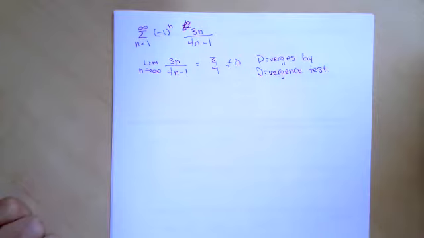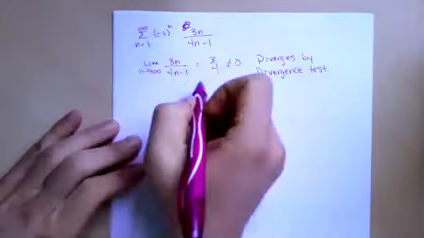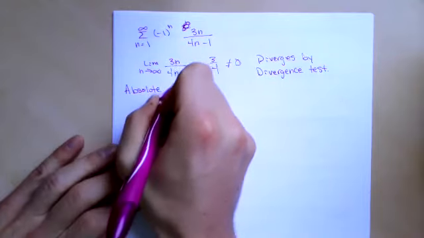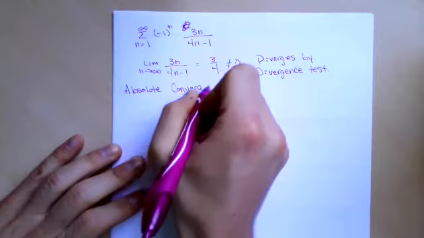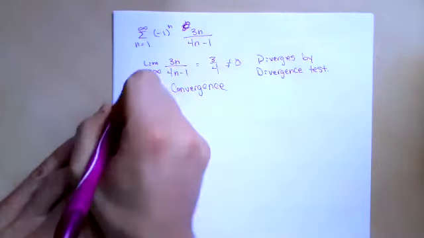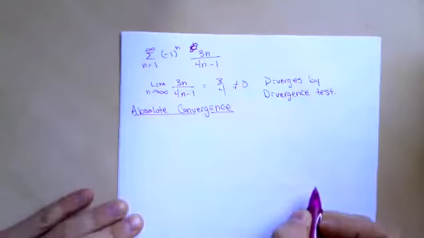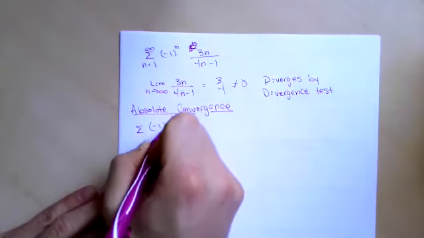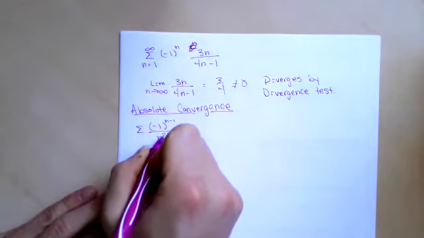And that's basically all there really is to it for the alternating series test. So one thing we have that is sort of built on this is absolute convergence. And so if we look at a series like, let's say, minus 1 to the n minus 1 over n squared,